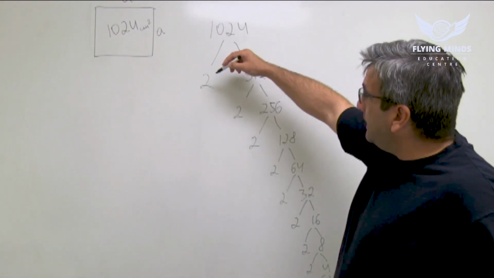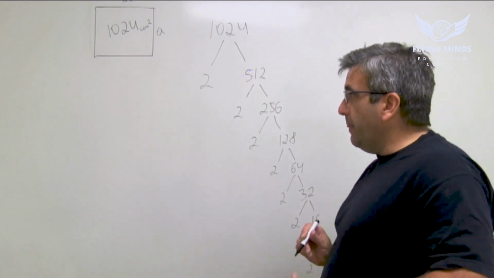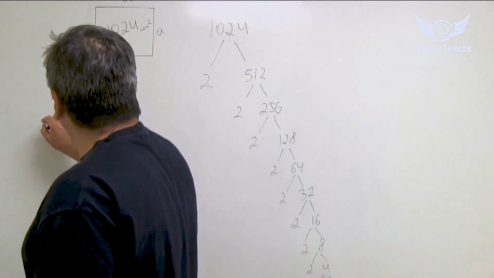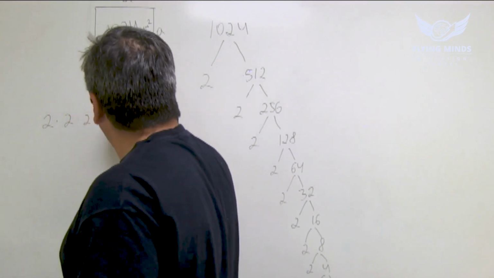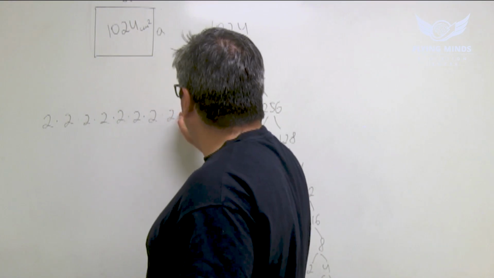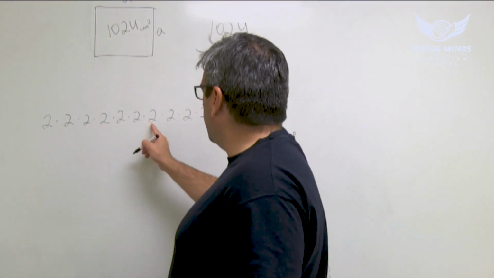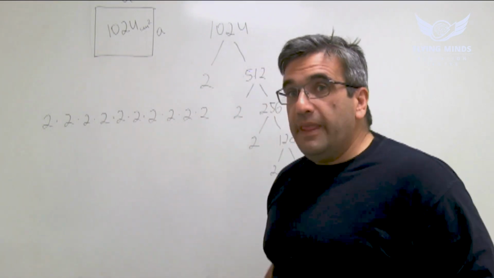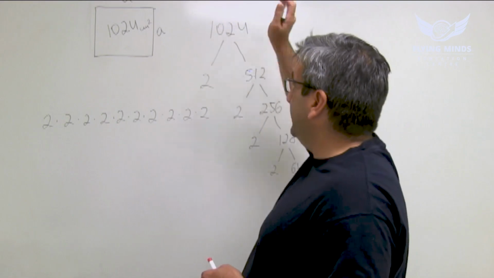So what we've got here is ten 2's: 1, 2, 3, 4, 5, 6, 7, 8, 9, 10. If we multiply ten 2's, we'll get